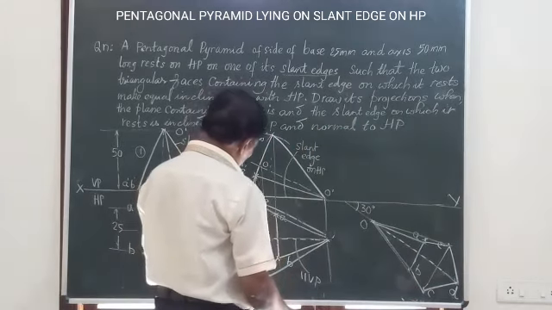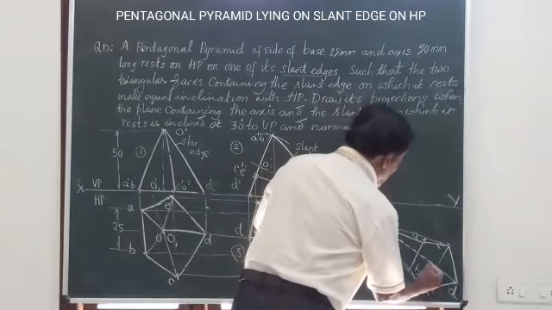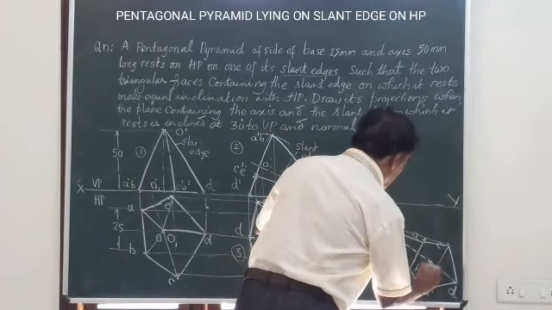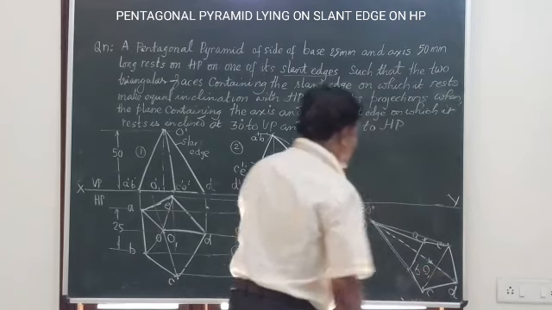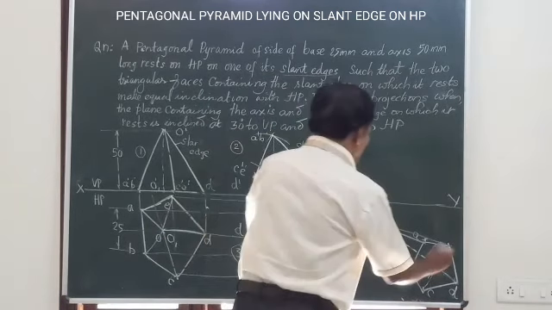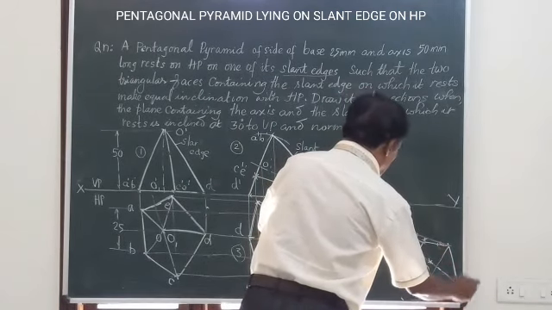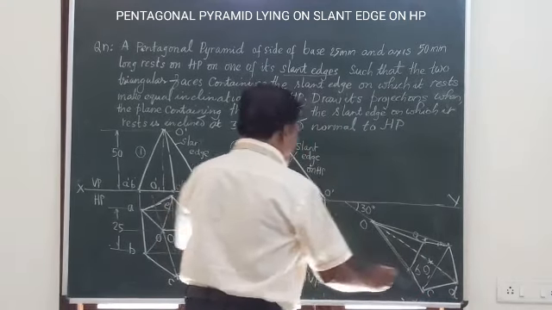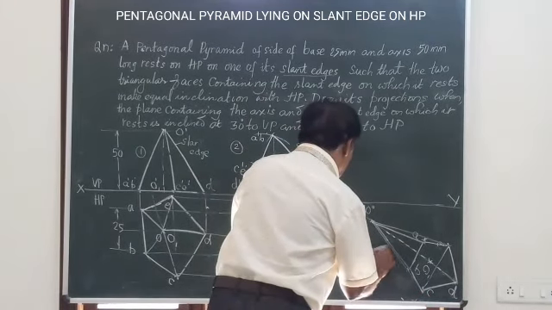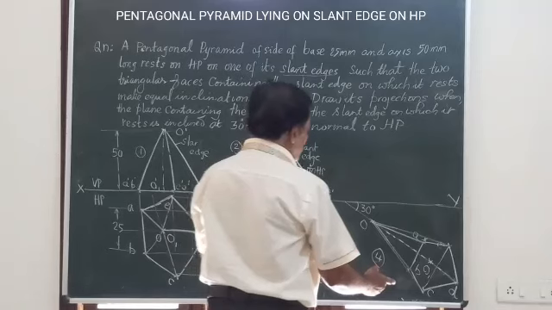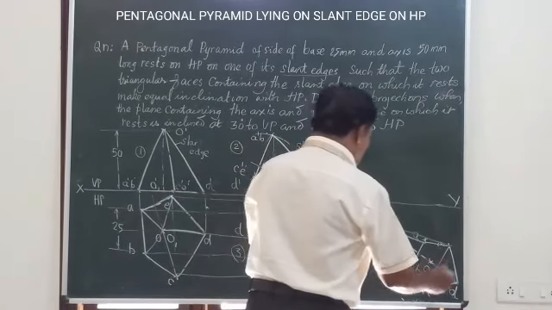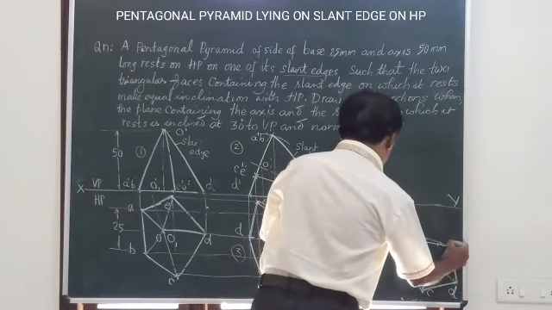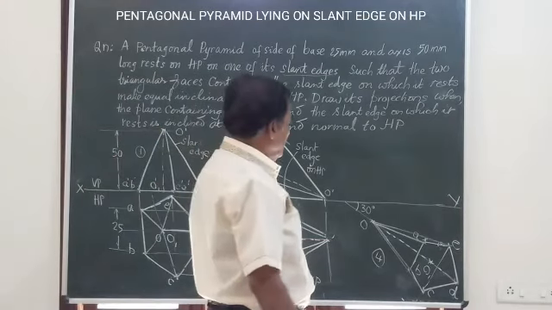Mark O1 after this is C. So this will be somewhere here. This is your O1. Friends, you can see here I have redrawn this figure, the figure number 3 as figure number 4 here. I am just maintaining the same distance, same measurements, and only the thing is this is drawn at an angle of 30 degrees to VP. Friends, you observe here figure number 3 and 4 are the same.